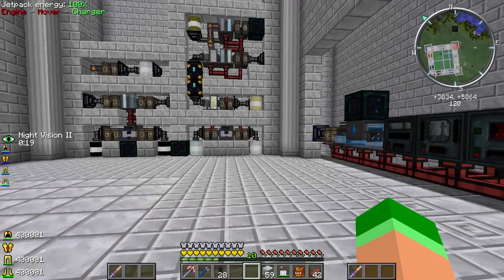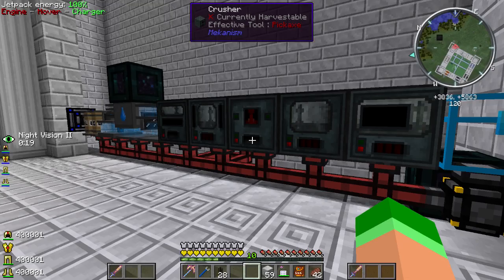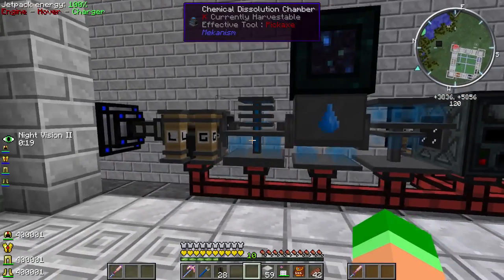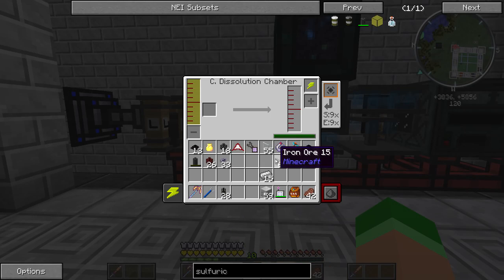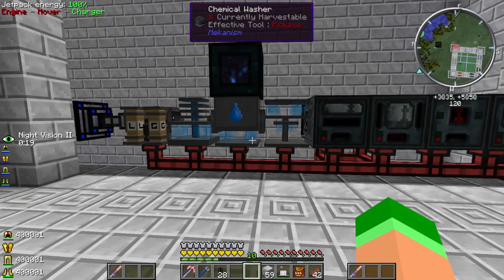Anywho, let's go through the amazing mod of Mekanism, which is going to give us up to 5 times the ore production. Yes, I'm going to prove this. I want to prove this. Let's show you. At this point, if I put in 1 iron ore, it's going to go through all the